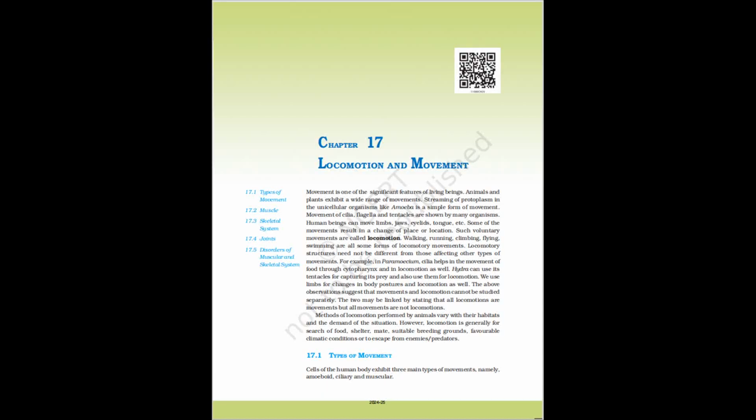17.2 Muscle. You have studied in Chapter 8 that the cilia and flagella are outgrowths of the cell membrane. Flagellar movement helps in the swimming of spermatozoa, maintenance of water current in the canal system of sponges, and in locomotion of protozoans like euglena. Muscle is a specialized tissue of mesodermal origin. About 40 to 50% of the body weight of a human adult is contributed by muscles. They have special properties like excitability, contractility, extensibility, and elasticity.